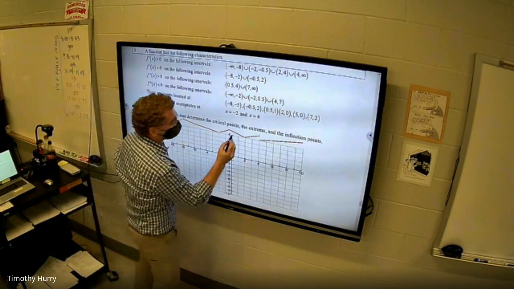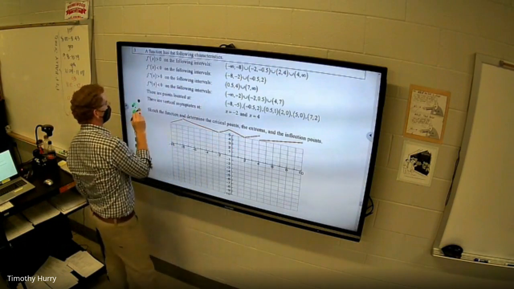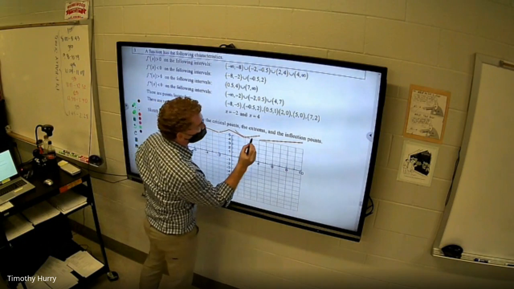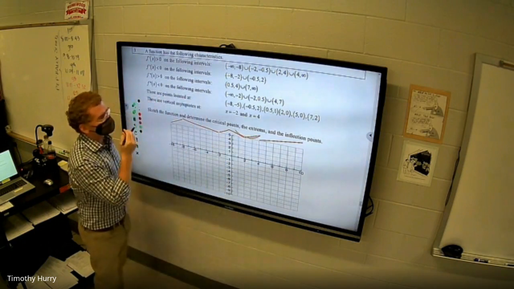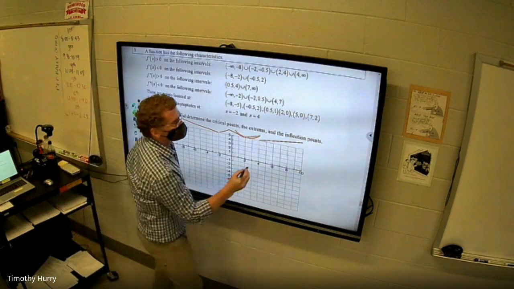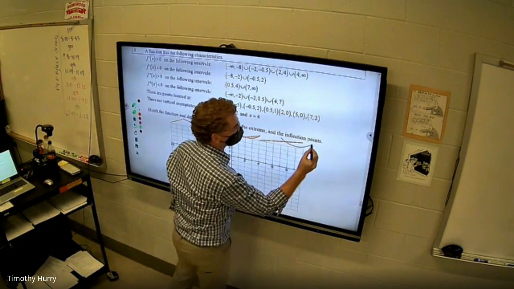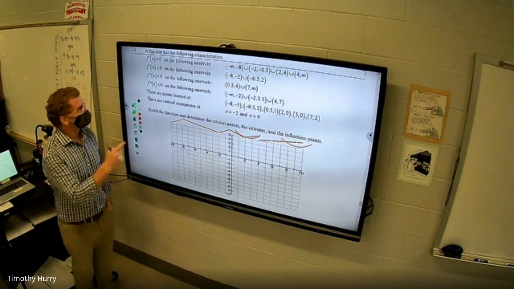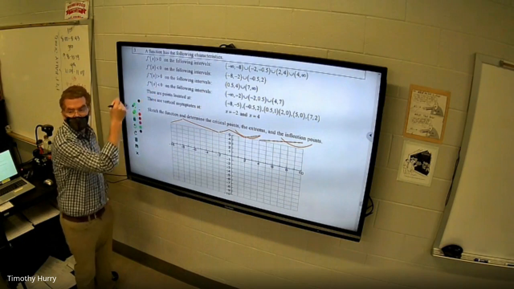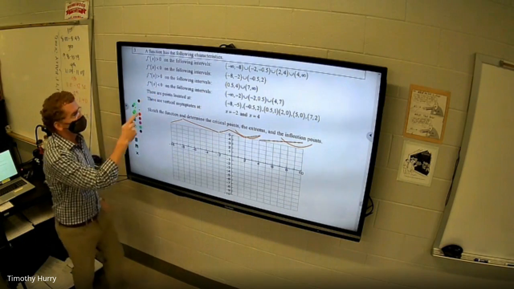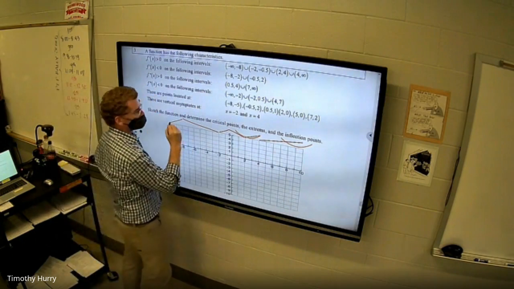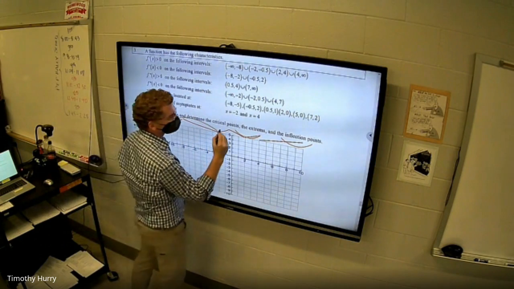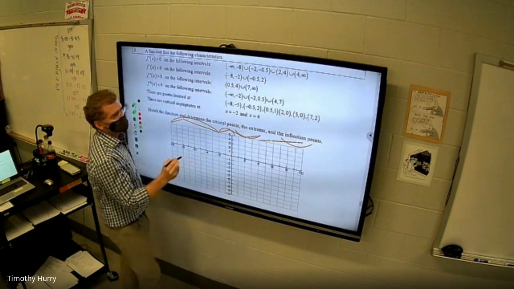So from +0.5, I'm going to use a different color here for fun. From +0.5 to 4, concave up. And from 7 to infinity, concave up. And then the fourth line, what does it tell me? Second derivative is negative, means the function is concave down. From -infinity to -2, concave down. From -2 to 1/2, concave down. From 4 to 7,